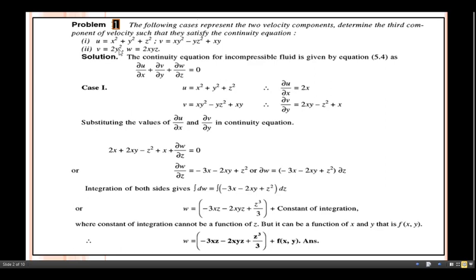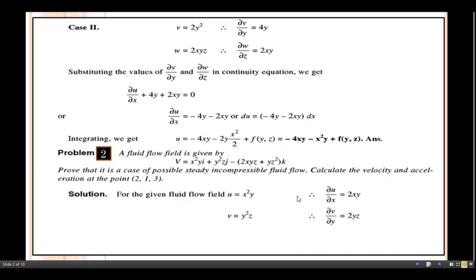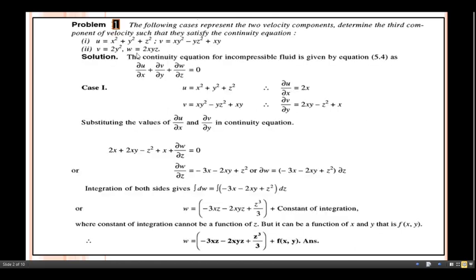Now if you just see the next case, in the next case you have to calculate the value for u, or velocity in the direction of x. In a similar way we can get the same thing. So here the velocity along the y direction, that is v, is given as 2y squared. Differentiate this with respect to y: ∂v/∂y equals 2 multiplied by 2, which is 4y. What about the velocity component along the z direction, that is w? So w equals 2xyz, already given in the problem; these two terms are given in the problem.